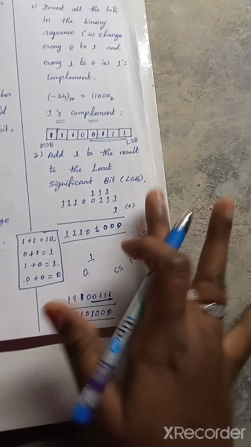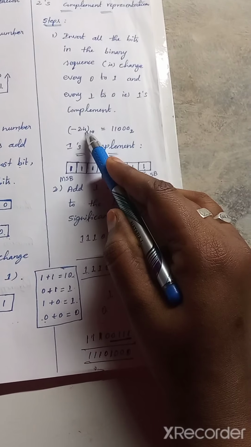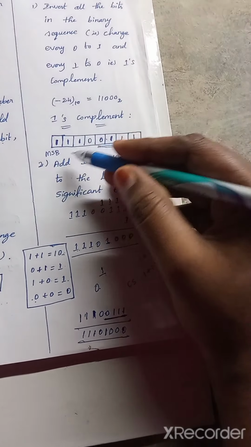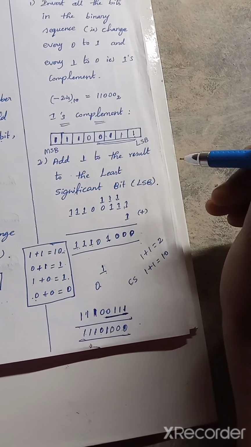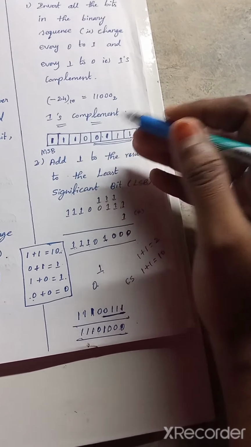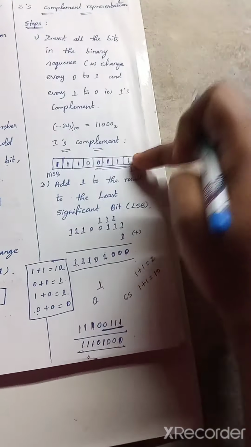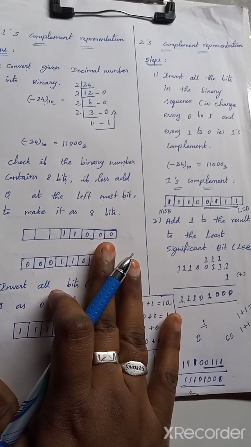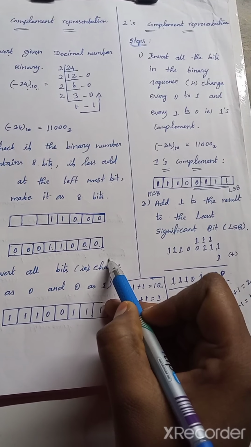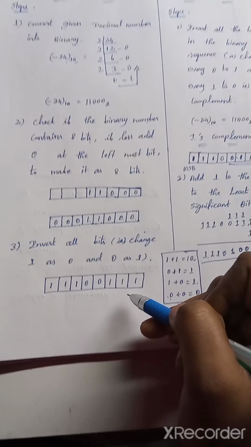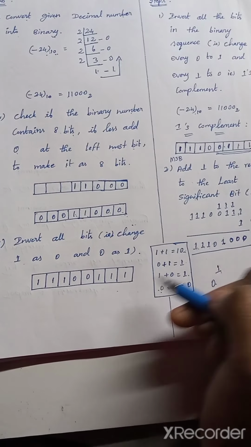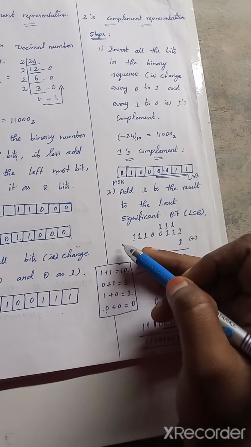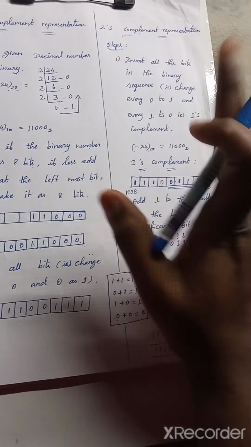But in this step, if we have a plus sign, okay, we have a plus sign means we can stop this procedure here. When we are finding the 1's complement, this is the 2's complement representation. Okay, but here it is a positive value, so we stop here. We don't need to do this third step. Okay, but here also the same, we are not doing this second step, we are doing these steps only.